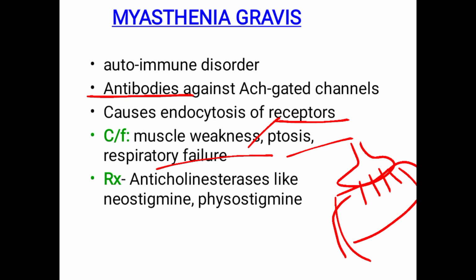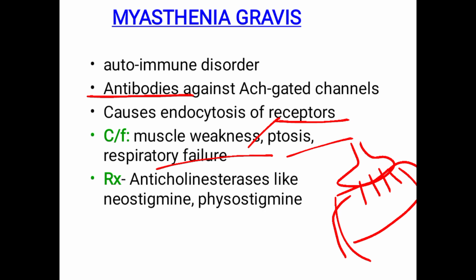Then the neuromuscular junction. The neuromuscular junction is the functional junction between the end of the motor neuron and the muscle. Motor neuron is very important. I told you earlier there are sensory neurons and motor neurons. Sensory neurons carry different sensations. Motor neurons are mainly involved in movements, so the motor neuron makes a connection with the muscles, which are involved in movement.